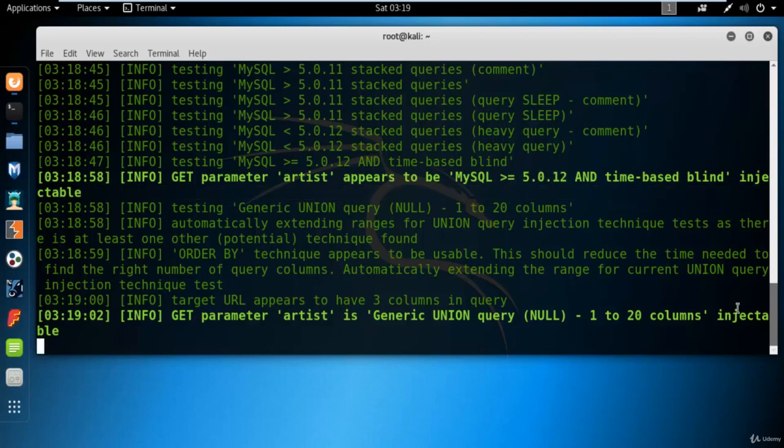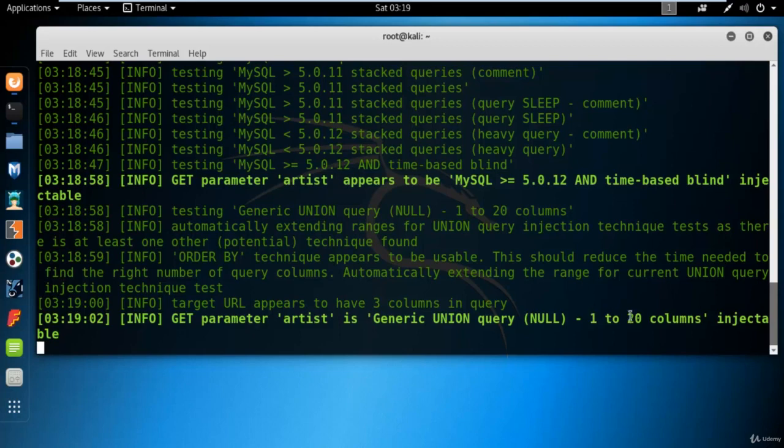It is taking some time, trying 20 columns to find the number of columns available in the application. So you need to wait, and it will find a vulnerable parameter, which we need to use to attack the website.